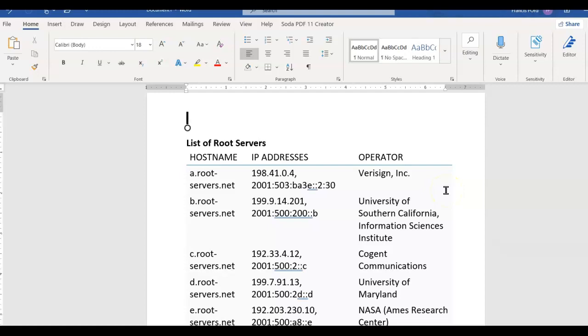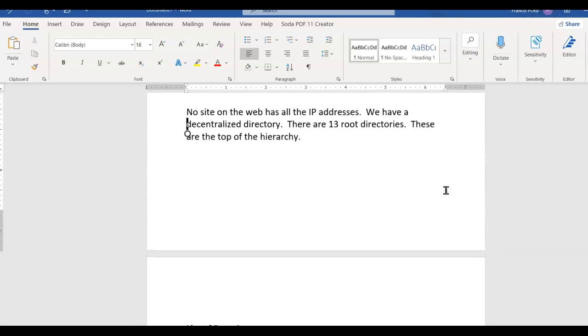Now the root directories don't know the answer. What goes on is the root directories direct a requester to the top level directories for the site they want. What are the top level directories? For example, TLDs,